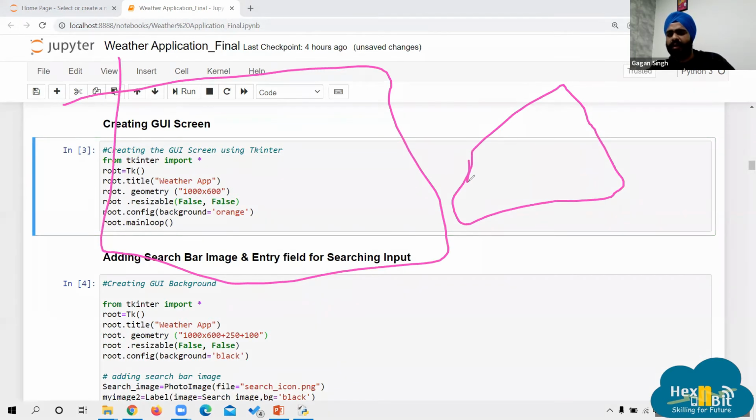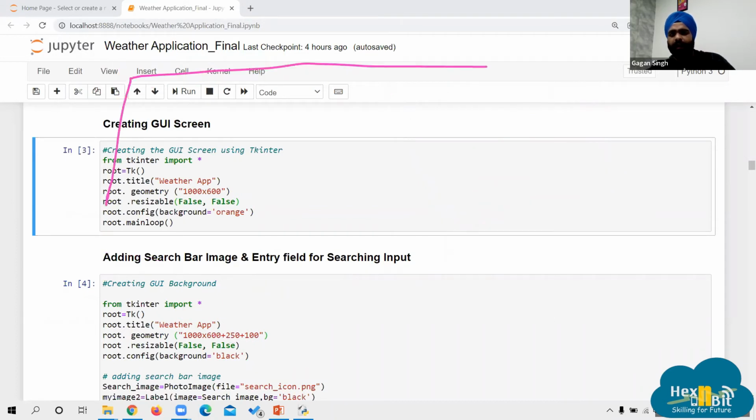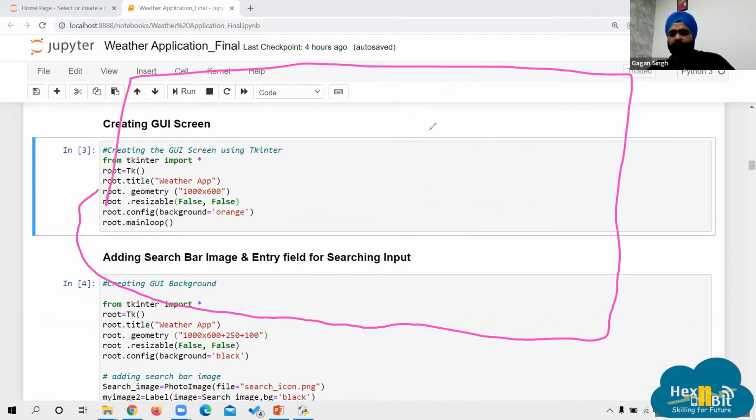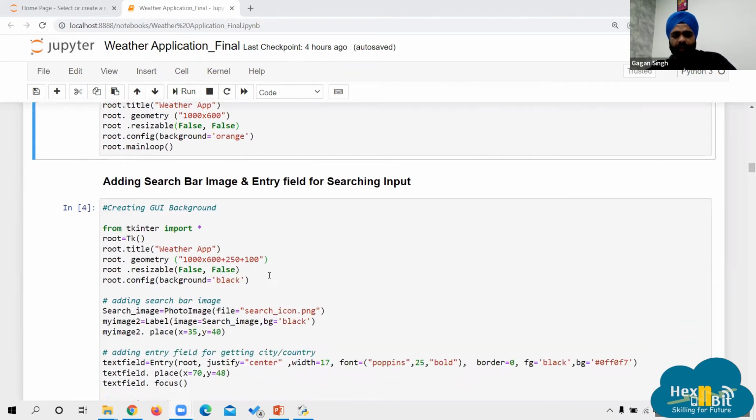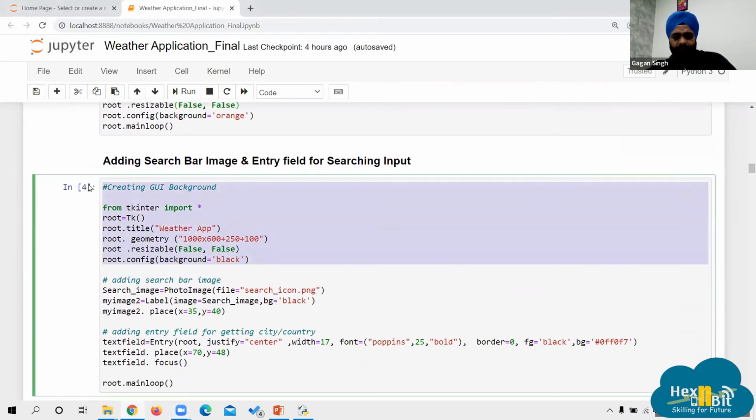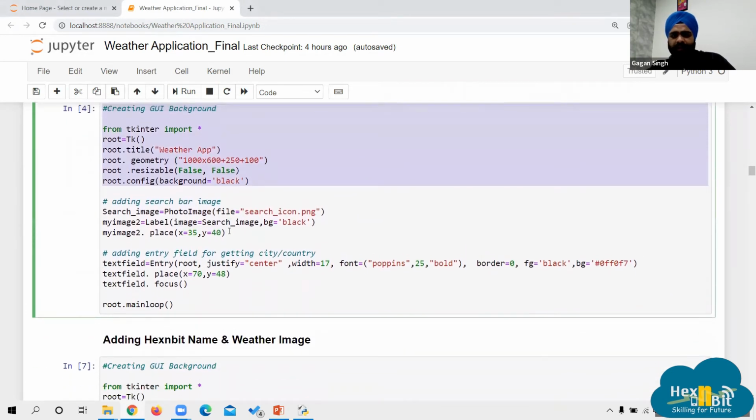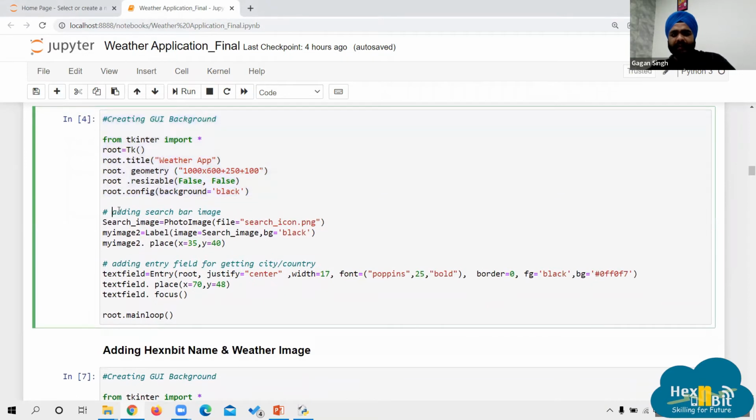The position was not fixed. So this is a fixed position that we are giving, and 250 plus 100 is the coordinate that tells where it should begin. Until this point, it's the same. But now we are adding two more snippets, that is adding a search bar image.